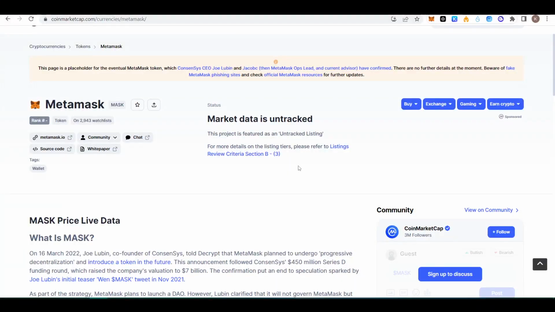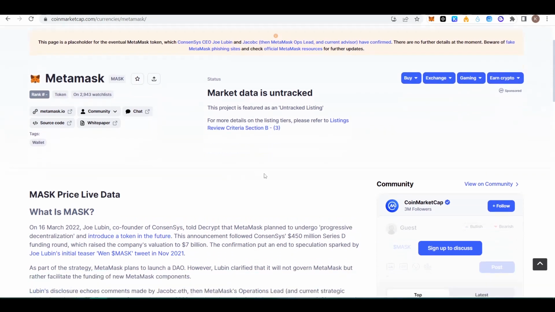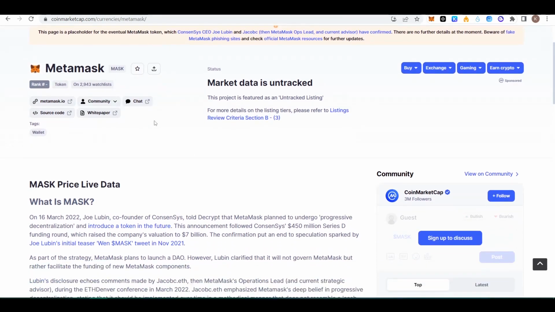So friends, hello everyone. Recently, there was news that the Metamask token ticker appeared on CoinMarketCap. We can see it now, as a matter of fact, on CoinMarketCap. Indeed, it exists, but so far without any data. But this news, of course, has greatly warmed up all those who are counting on a certain percentage from the Metamask